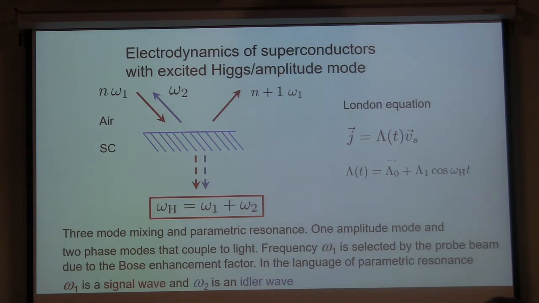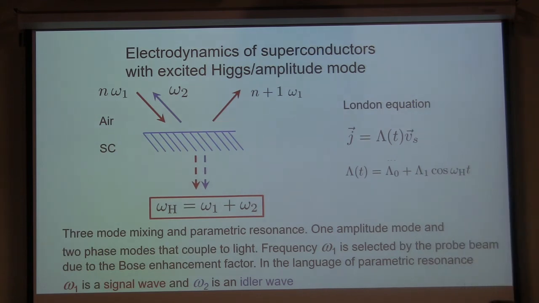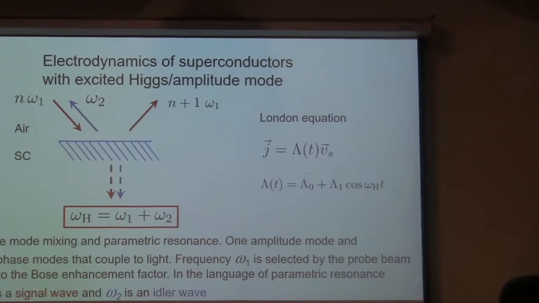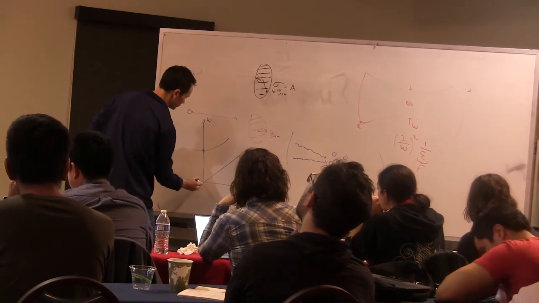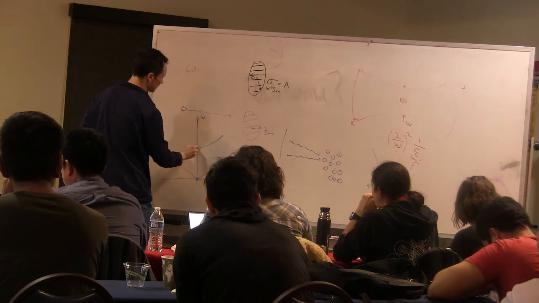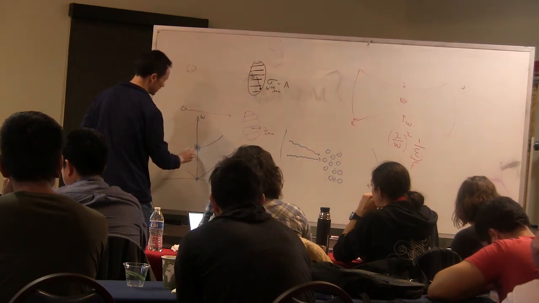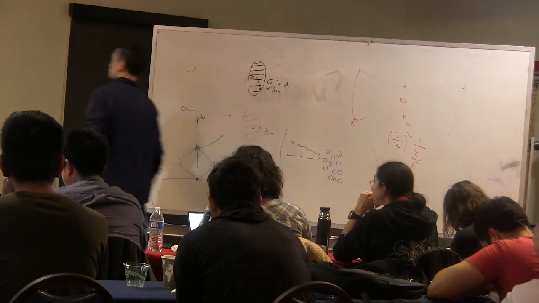So Higgs excitation, right, is a finite energy excitation. In fact, if we think about, say, superfluid systems, right, remember we said that it's an excitation with a finite energy, and if we look at dispersion, omega versus k, it has finite energy at k equal to 0. But we also have Goldstone modes, which go to 0 at small momentum. Therefore, when we excite the Higgs excitation, it can actually decay into a pair of Goldstone modes in such a way that energy and momentum are conserved.